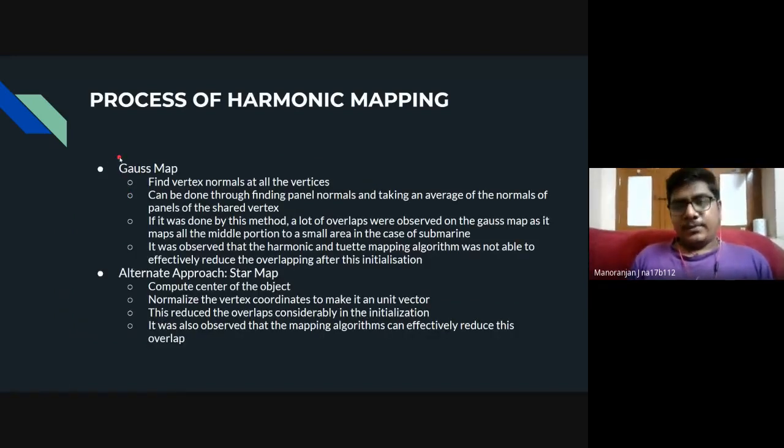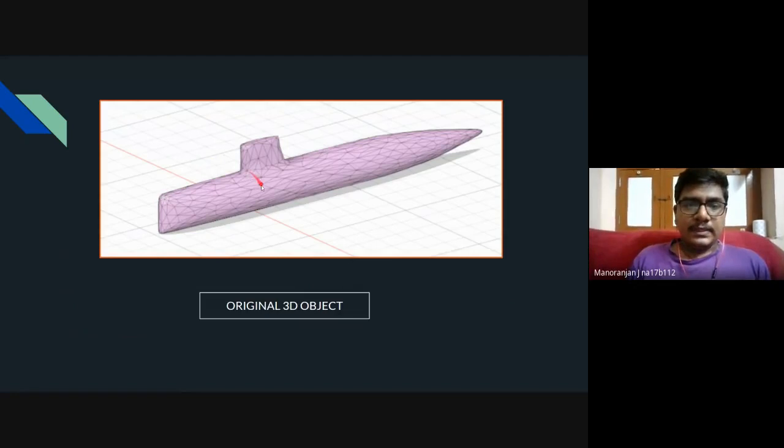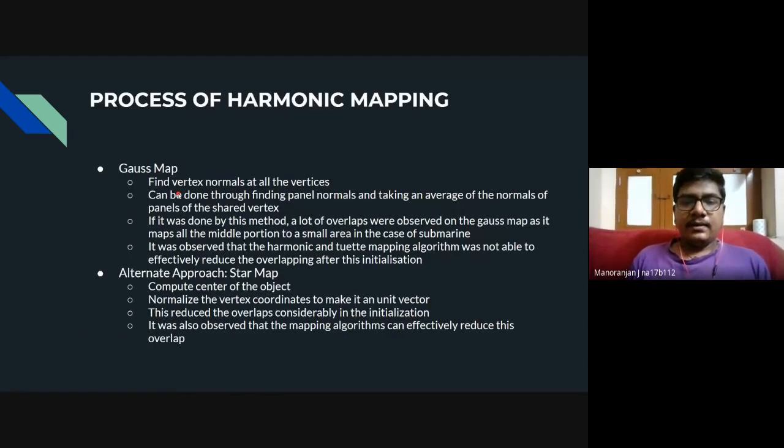So what is the Gauss map? In this slide, we are going to discuss how we are computing the Gauss map. It will be a bit involved for the next few slides, but this may help to understand what we are actually doing in the problem. What we are trying to find is the vertex normal at all the vertices. I've told before that these surfaces are represented by triangular panels, and each triangular panel will have 3 vertices. So we try to compute the normal at each vertex.